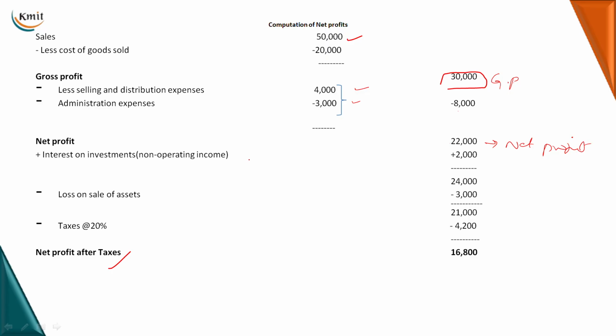So from this again, we are adding interest on investment, which is a non-operating income, and reducing the loss on sale of assets, that is non-operating expenditure. So when you are adding 2,000 to 22,000 net profit, the resulting value will be 24,000, and from which we are deducting 3,000 as a non-operating expenditure. So the resulting figure is profit before tax, that is net profit